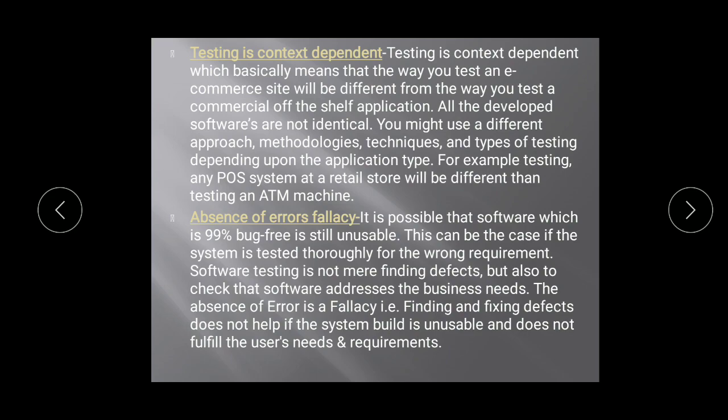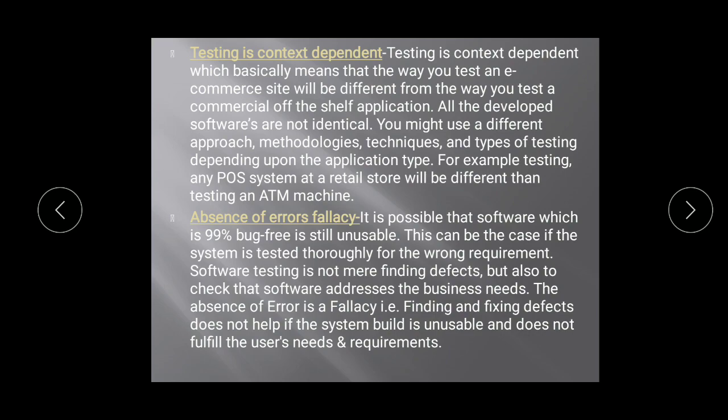Softwares are not identical. Identical means same. They will be different according to their process or their particular coding process or how they are programmed. You must use a different approach, methodologies, techniques and types of testing depending upon the application type, how it is created, how it is programmed, what is the actual platform on which it is developed.